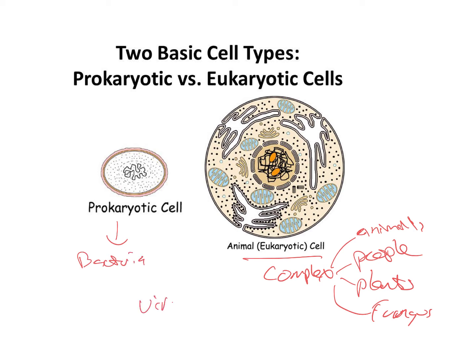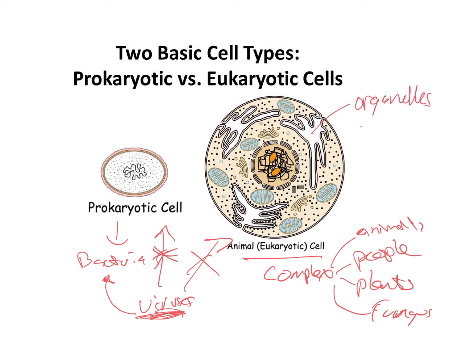One thing that's not on here is viruses again. So viruses don't classify as eukaryotic, nor do they classify as prokaryotic, but they are probably closest to bacteria. Doesn't mean that they are related in that way, but they are very small in relationship to eukaryotic cells. So eukaryotic cells have all of these organelles, remember? And they have what are called membrane-bound organelles.